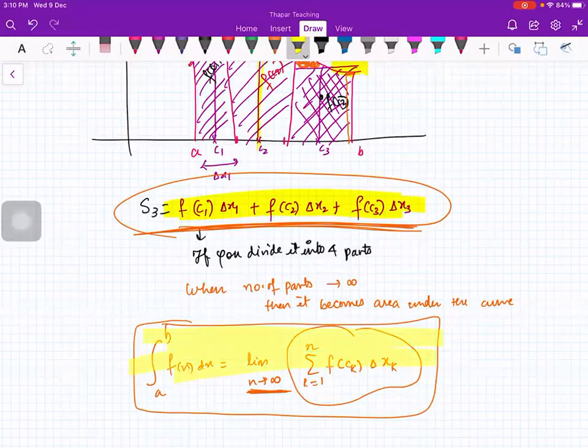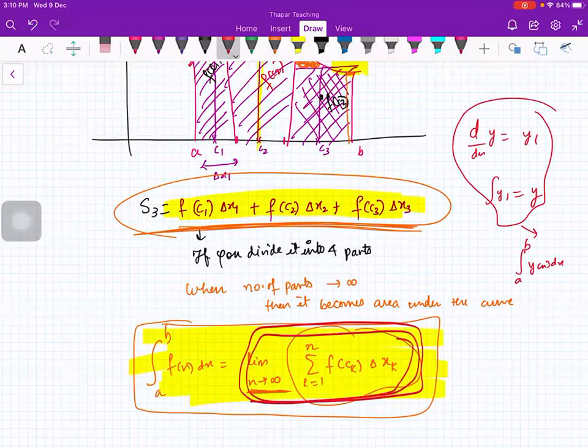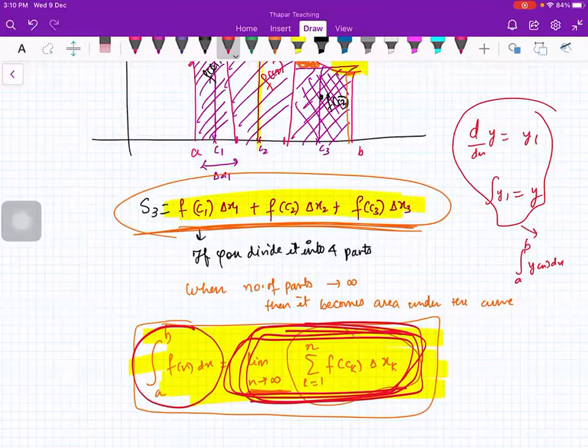I think in +2 you must have studied like this. If the derivative of y is say y1, then the integral of y1 is y. This is what you have studied, right? And then later on you just said that this actually represents the area under the curve. But how does it represent the area under the curve? Because this is the basic definition of integration, right? You can derive all the formulas from here, but this is actually a number. You can always compute the area under the curve using this. This is the basic, meaning starting, definition of integration, if you want to look at the area under the curve. Is that okay, beta?